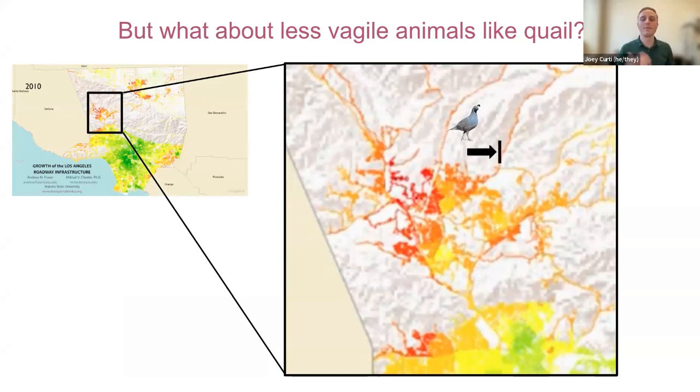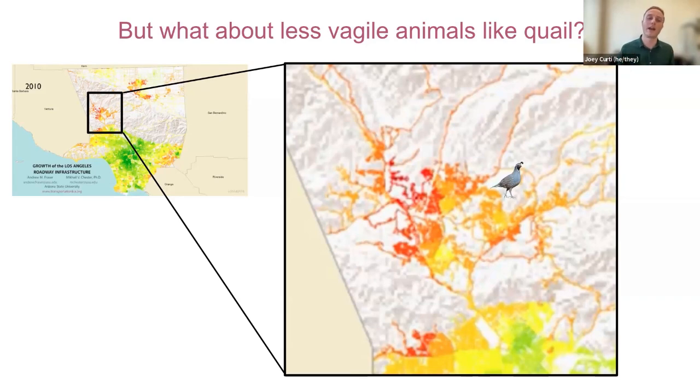And so when it comes up to these roadways, they might act as partial or complete barriers to that quail's movement. So it's not able to find mates on the other side of the road or find new habitat, find food, etc. However, this habitat that is encapsulated by roadways, it's able to move northward, and there is good habitat north. So this population might be okay, might be buffered against the impacts of this habitat fragmentation. However, when you think of these birds that are bounded on all sides by these roadways